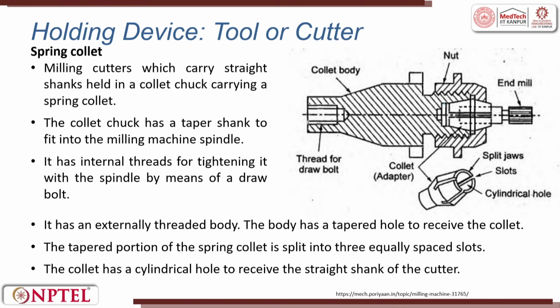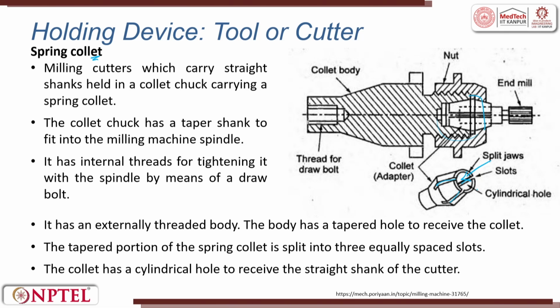You also have spring collets. See, these are all mechanical hard solid collets. Spring collets are a little fragile. Here you have grooves cut on a cylindrical part, where the material has a lot of elastic limit. It will expand and contract a little bit. Now you push the tool inside, the split jaws expand and then it locks. Those things are called spring collets.